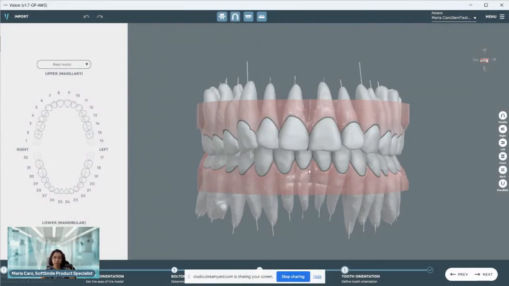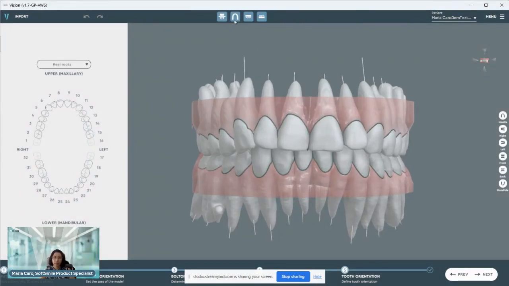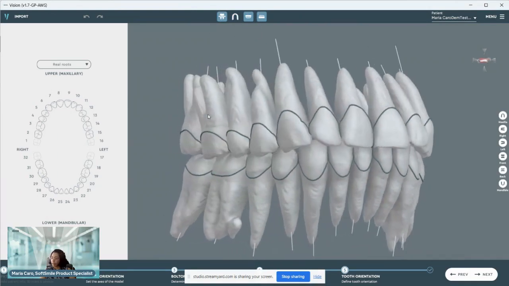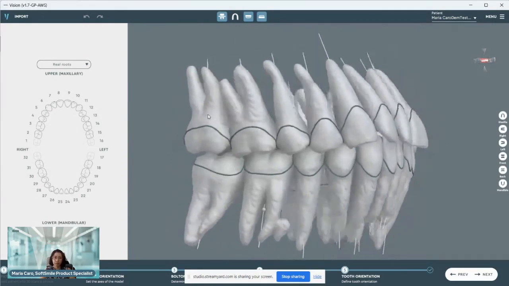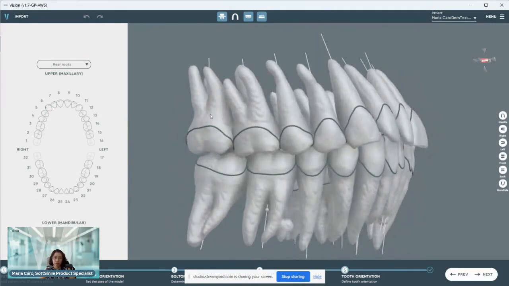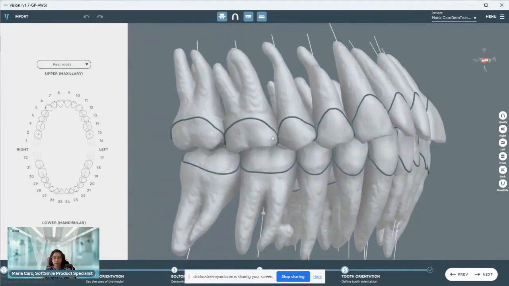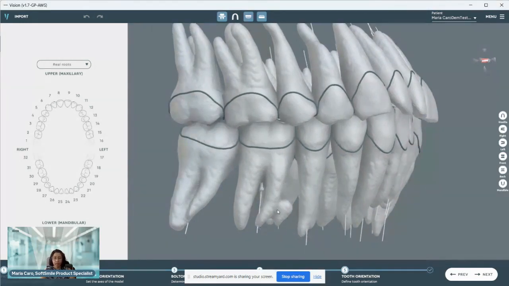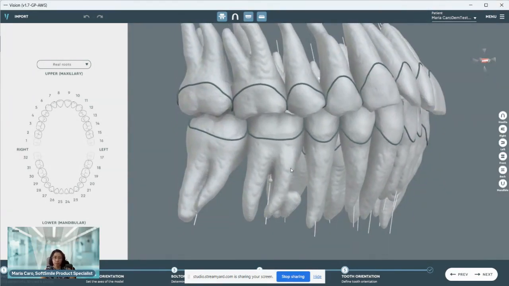And here we have the rendering of the real roots. I'm going to remove the gum tissue. And as you can see, these are the real roots. Now, we talked about the option of having real roots and parametrical roots. So we have the option to include the real root that you can see here. And if we chose to use a parametrical root due to anomalies, like you possibly see here on this molar,